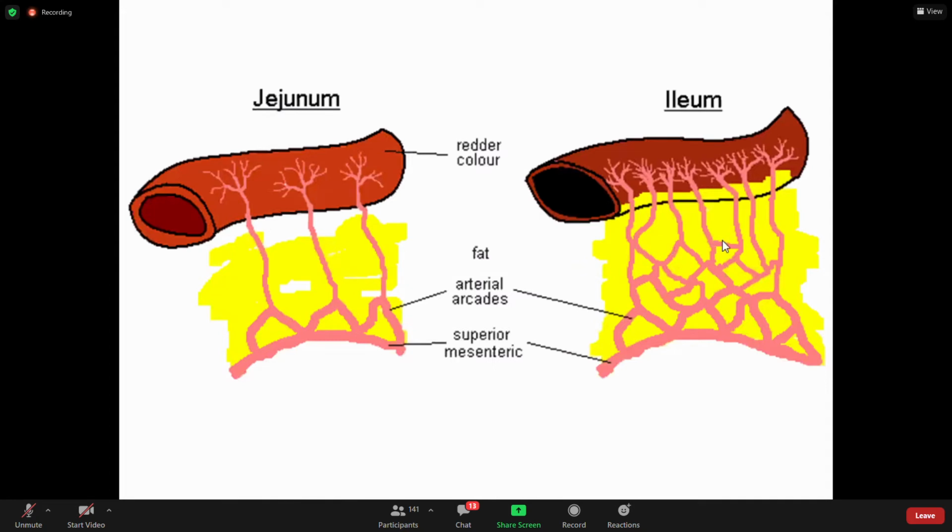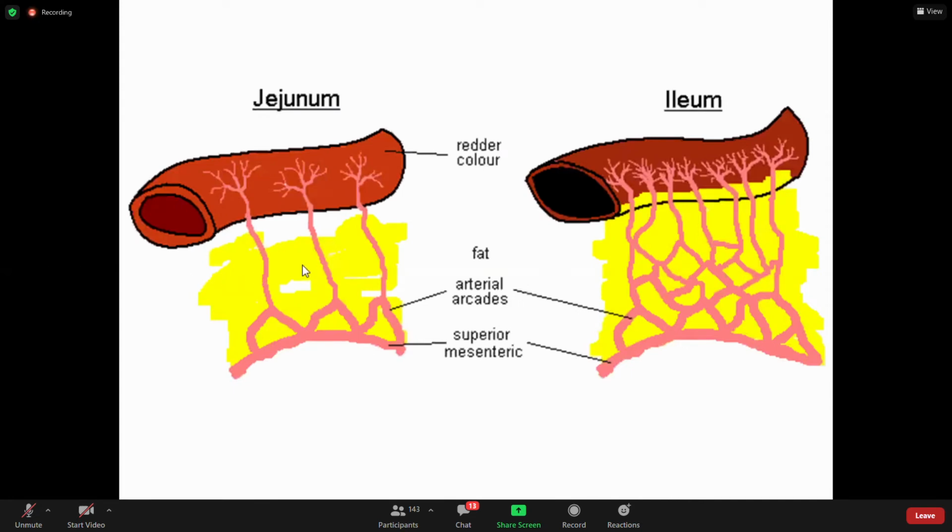You need not look with a microscope. So till now, grossly you can differentiate while looking at the walls. You can differentiate between jejunum and ileum while looking at the lumen size. Then of course, one very important characteristic feature is the plica circularis. Then just looking at the arterial arcade, you can differentiate between the jejunum and the ileum part of the small intestine. Now, one very important characteristic feature which you can appreciate with your naked eye is if you look at